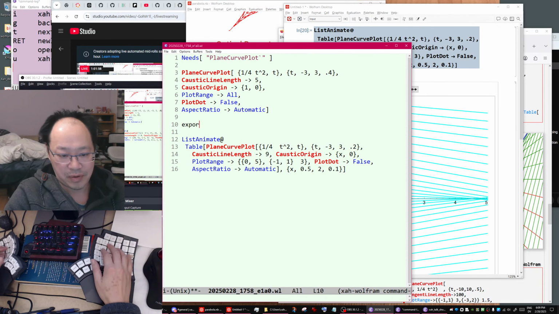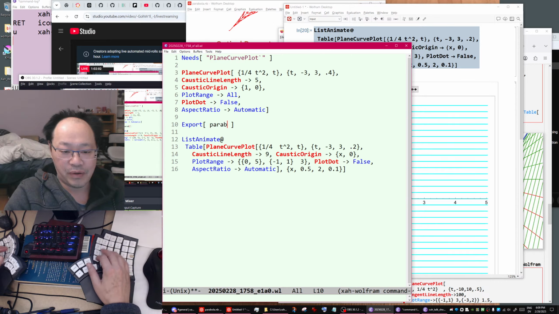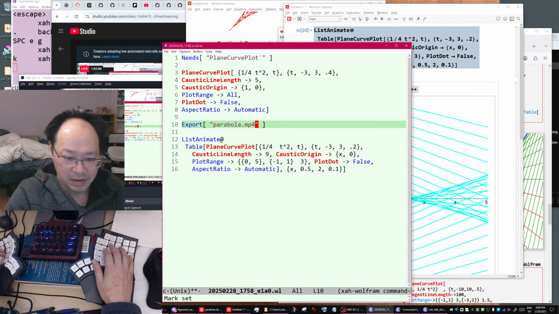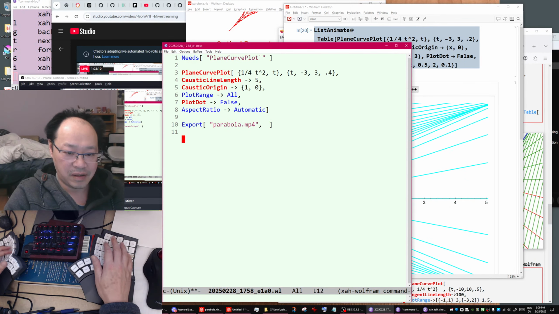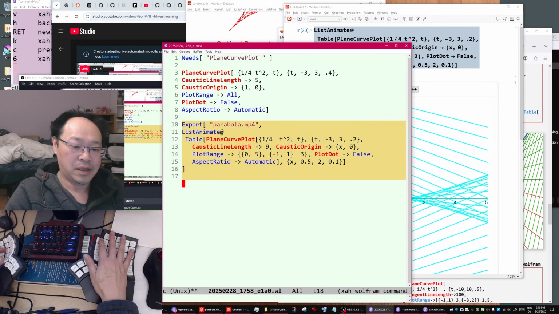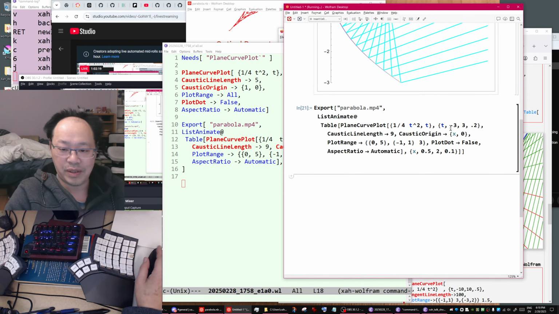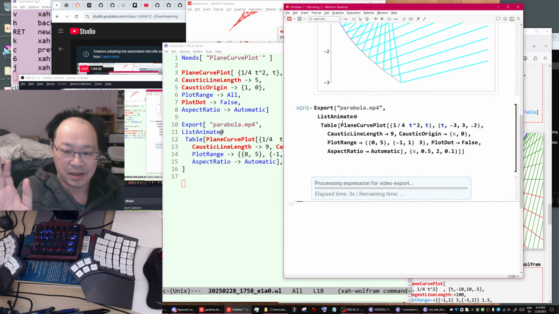So export parabola.mp4. Okay, so we want to export to that file of this expression. Okay, copy that, paste, do it. Oh wait, we don't want this Animate. Okay, let's do it again.